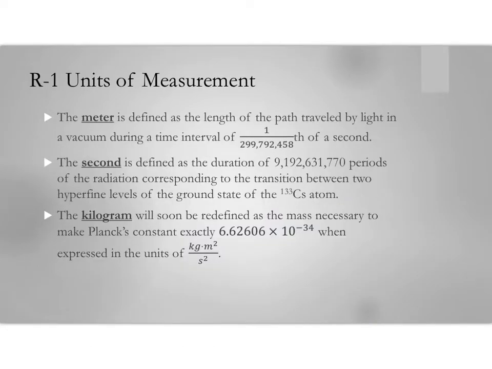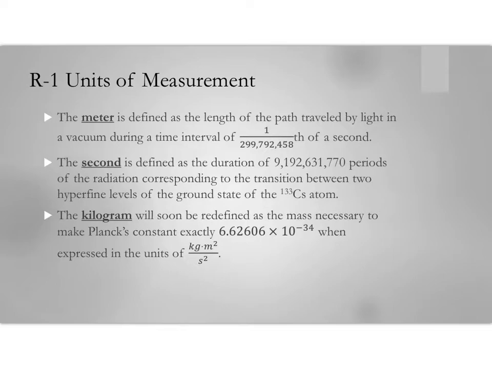So the meter is defined as the length of the path traveled by light in a vacuum during a time interval of, essentially, 1/300 millionth of a second. That's obviously a very, very, very tiny frame of time, but light in a vacuum will travel 1 meter in that amount of time. And the reason that it has to be defined by light is that